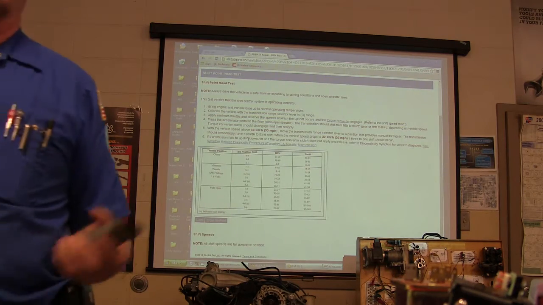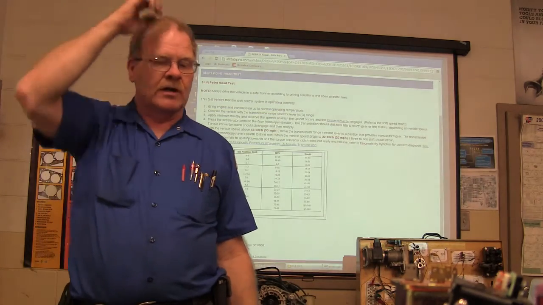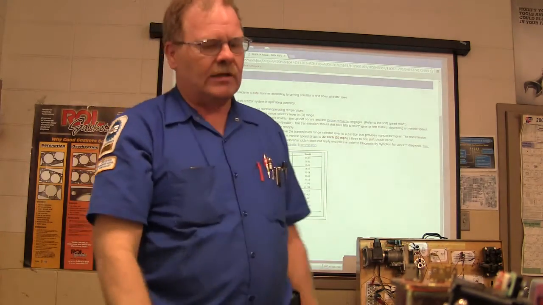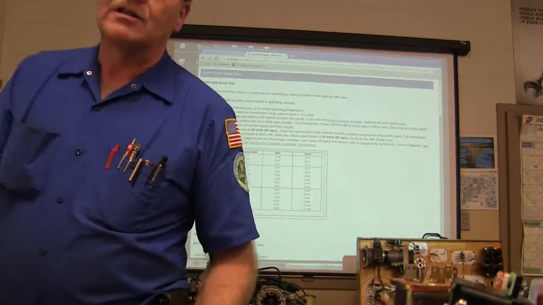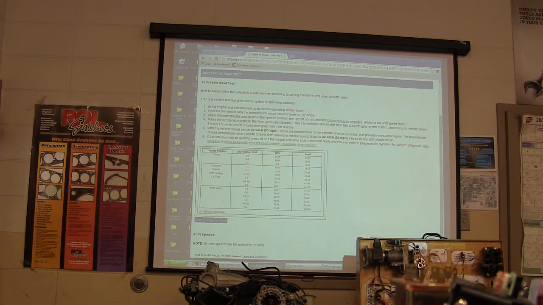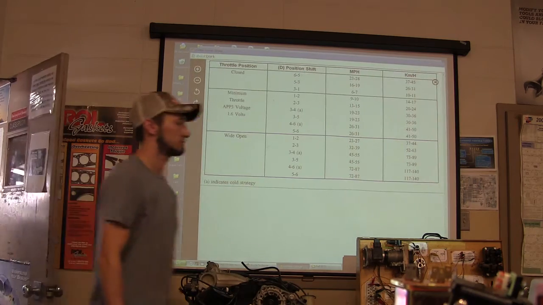You notice how this has got what you call a shift point road test. When you get through with an automatic transmission you've been working on, if you've been troubleshooting something that's wrong with it, you want to make sure it's doing right. You've got to watch whenever you're going through there, make sure it shifts smoothly like it's supposed to at the right speeds. And this right here, and I'm just pulling this right out of ALLDATA, is basically giving you